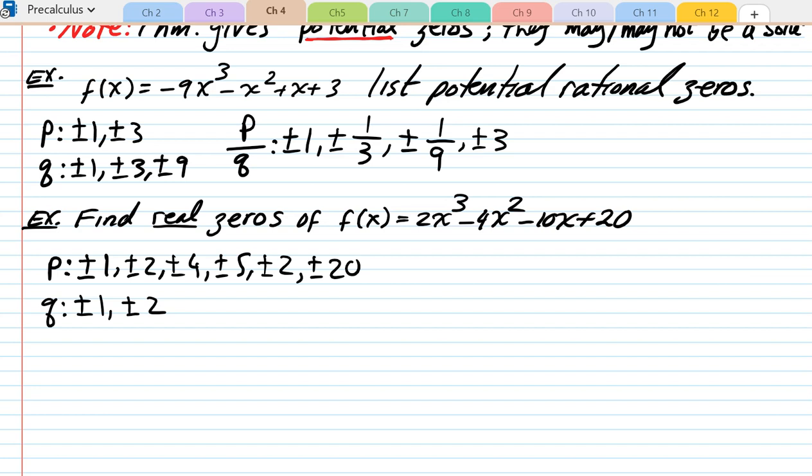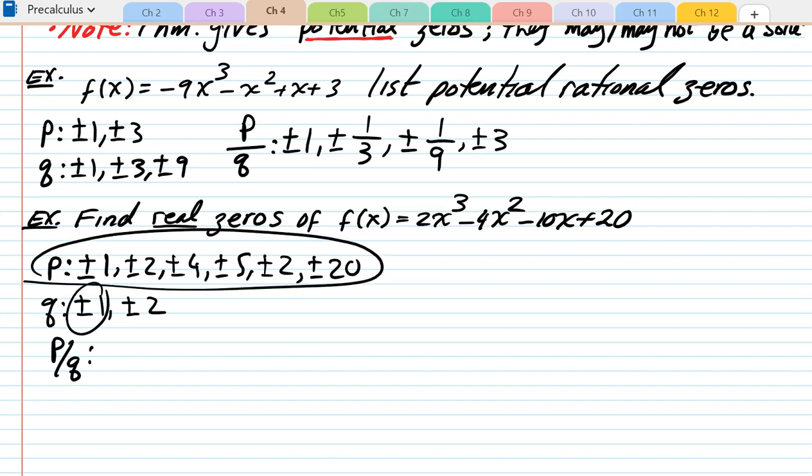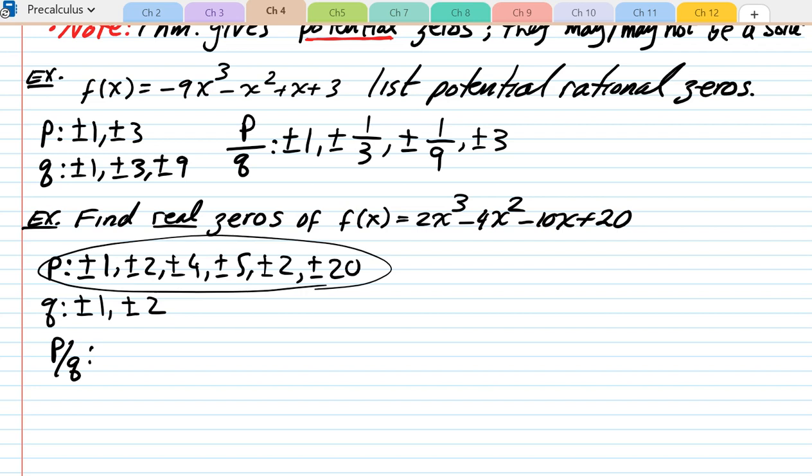Now, P over Q. Now we're going to have a long list, right? P over Q is going to be all of these divided by 1 and all of those divided by 2. So I'm just going to list them. Well, every one of these divided by 1 gives you those same numbers again. So I'm just going to copy them from P. That's when you divide each and every one of those by